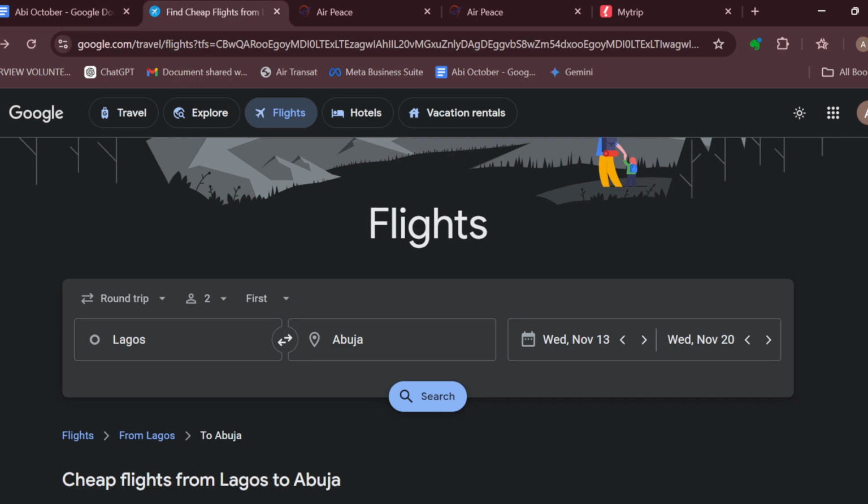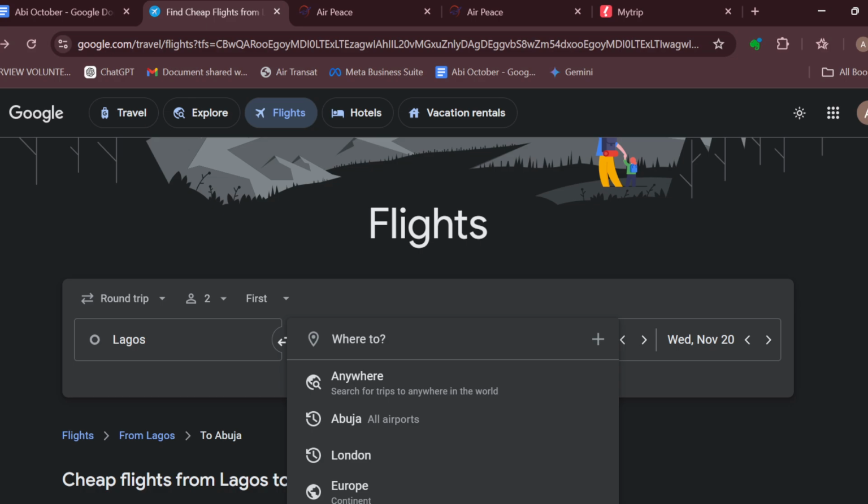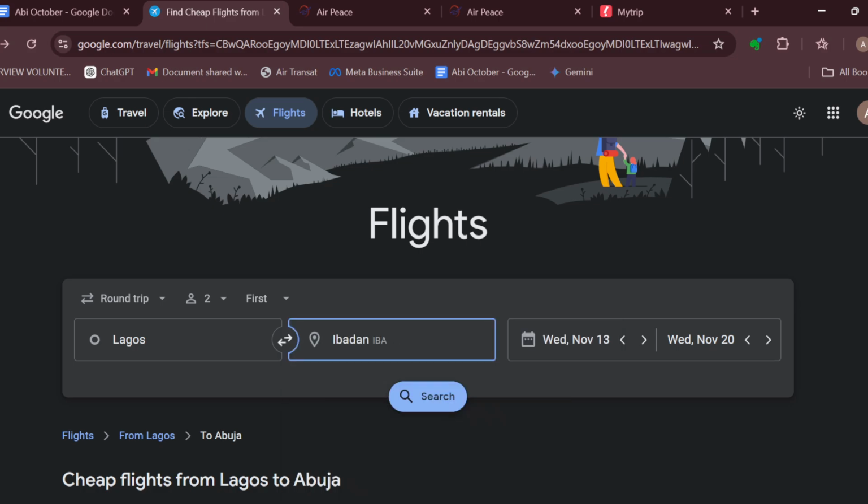Once you're on this page, you can see the flight section. On this section, go ahead and search for the flights that you want, where you are coming from and where you are going to. Just type out your location, that is where you are headed. And then after typing it out, move to the right side of the screen and click on the